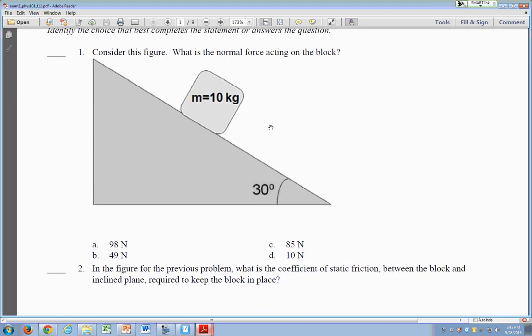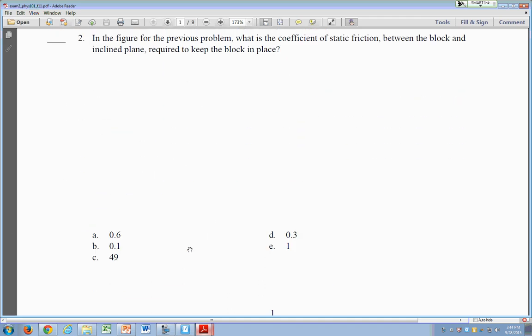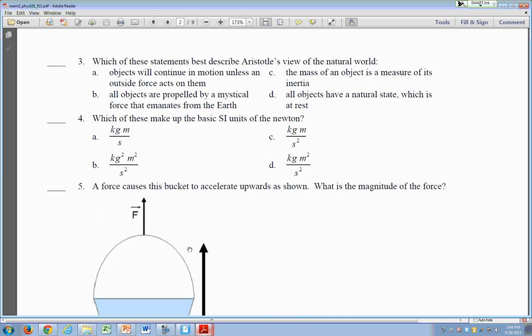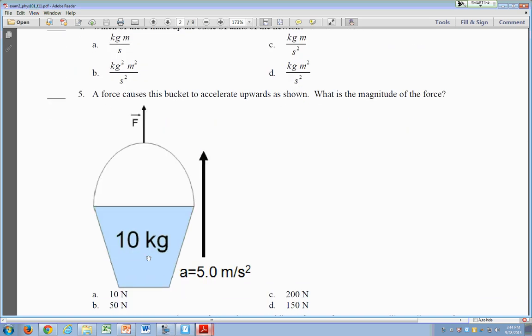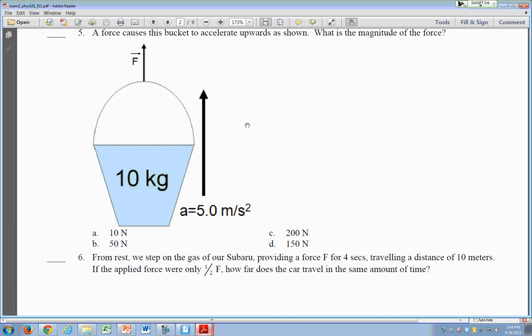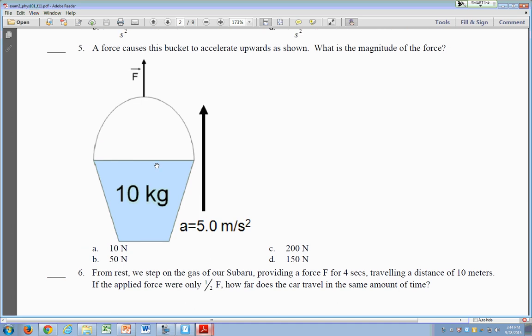All right, let's see. Y'all can tell me right off what the normal force is on that? Or did we do this one already? Okay, yeah. Remember, it's just 100 sine 60, right? 100 sine 60 is our normal force. It's the y component of the weight. Basic SI units of a Newton. In this case, if I want to know the magnitude of the force, it's just